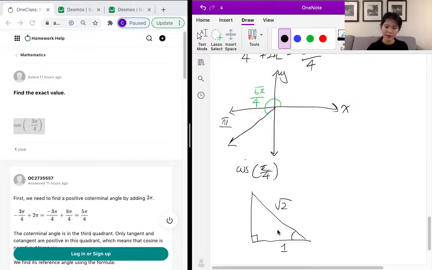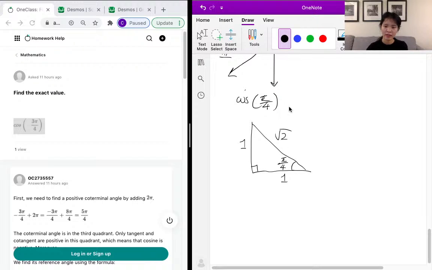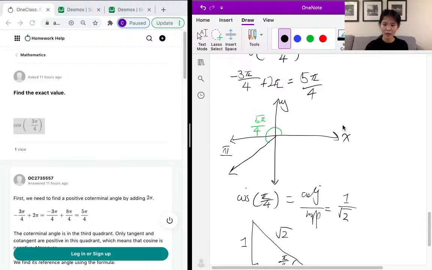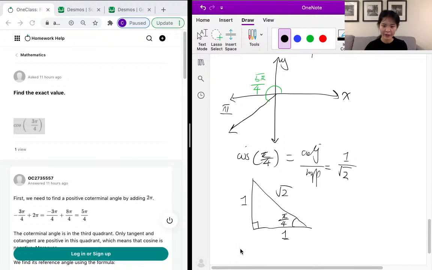I'm just going to write it down as pi over 4 because the angle is given in radians. And we know that cosine is equal to adjacent over hypotenuse. So you use the adjacent side of the angle, which is 1, divided by the hypotenuse of the triangle, which is root 2. And our value of cosine of pi over 4 is 1 over root 2. However, we're actually asked about cosine of negative 3 pi over 4, which is coterminal to 5 pi over 4,